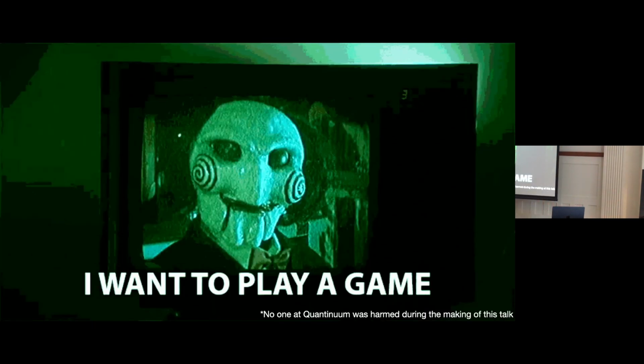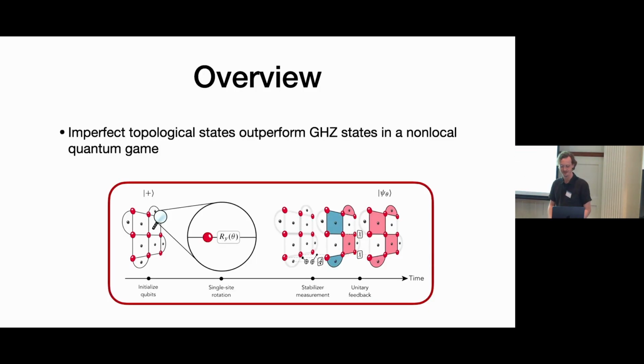And the way this project started, I always like to tell these fun stories. We had this idea that we wanted to play a game on a quantum computer. And so my friends in Boulder went to the local Quantinuum office and asked this guy, we want to play a game, so can we? Luckily, he was happy to play with us, and we didn't have to lock him in a warehouse and make him go through some kind of sequence of quantum game torture devices. And as a disclaimer, no one at Quantinuum was harmed during this project.